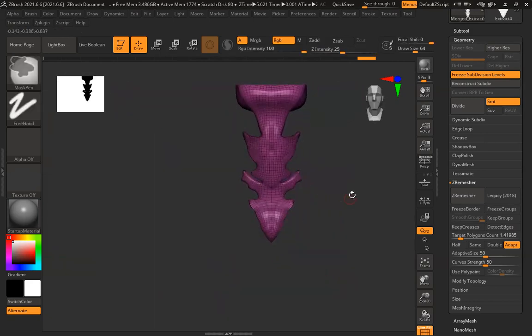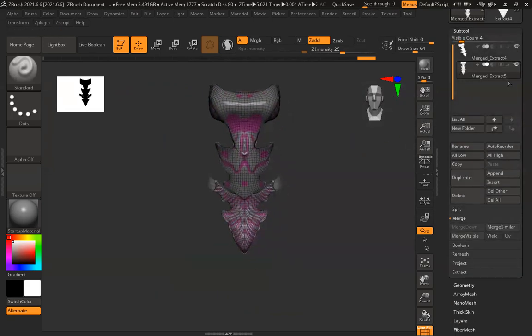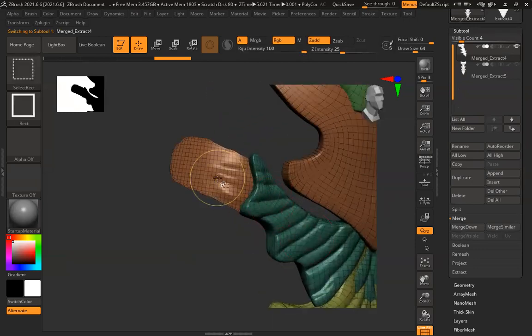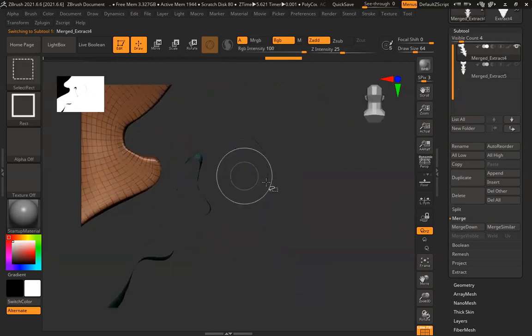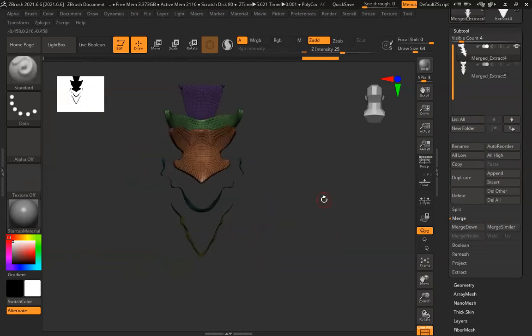So now the basic structure is ready, but I have to cross check this with my actual high poly. So what I'll do, Control Shift, hide, hide, hide. This thickness also, hide. So everything is gone.